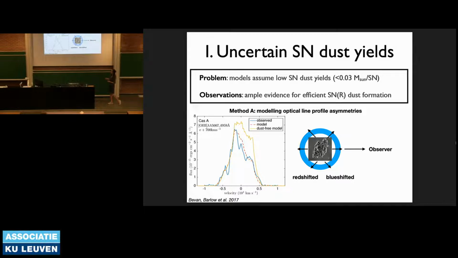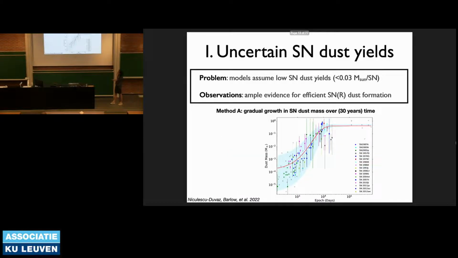And while I was at UCL, this modeling technique was developed by Antonia Bevan, and we were trying to get more data from an observational side. We had a large VLT program to do that, and this is partly a result of that. So you can see we don't only have data for supernova 1987A, but we have data for a large sample of recent supernovae and somewhat older ones.